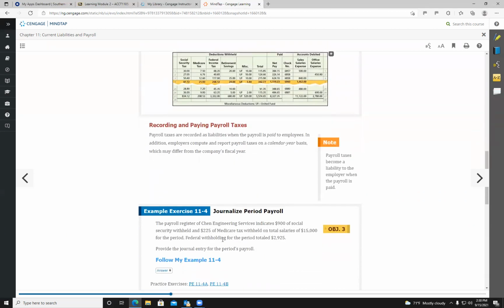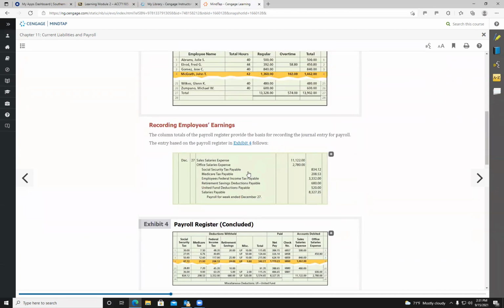Now we're going to talk about recording and paying payroll taxes. Payroll taxes are recorded as liabilities when the payroll is paid to employees. In addition, employers contribute and report payroll taxes on a calendar year basis, which may differ. So the salaries payable, and all these, are set up as payables, and they stay as payables until they're actually